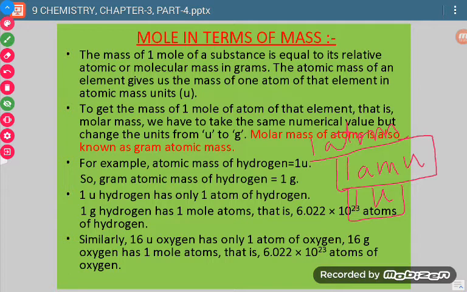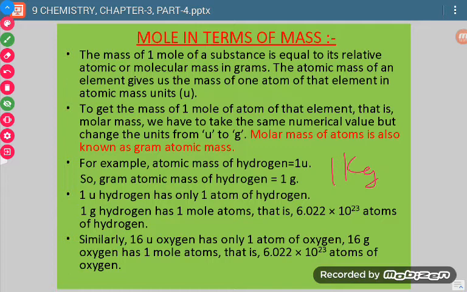Okay, now see, units matter. When I write 1 kg, then the unit is kilogram. When I write 1000 gram, then the unit is gram. So see, this number changes with the units. When I am taking the unit gram, then I have to write 1000. When I have to write kilograms, then I will write only 1. So this is the number which changes with the units. Now see, one more thing first of all. What do we mean by gram atomic mass? When atomic mass is expressed in grams, then we will say it is gram atomic mass.